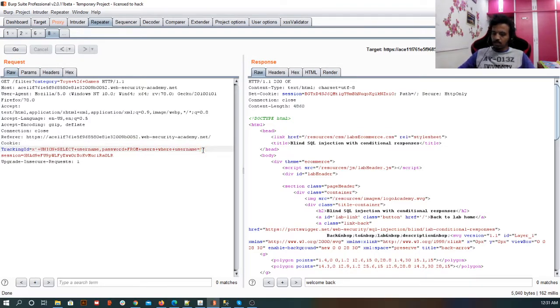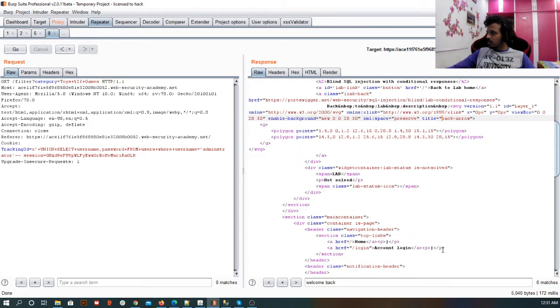Let me check my spelling. Administrator. Sorry, my bad. Yeah, that's it. Now at the end of the query, don't forget to mention the comment part. Now we are good with the query. If this returns "welcome back" as a response, we can say that there is a users table in which the administrator user exists. Go.